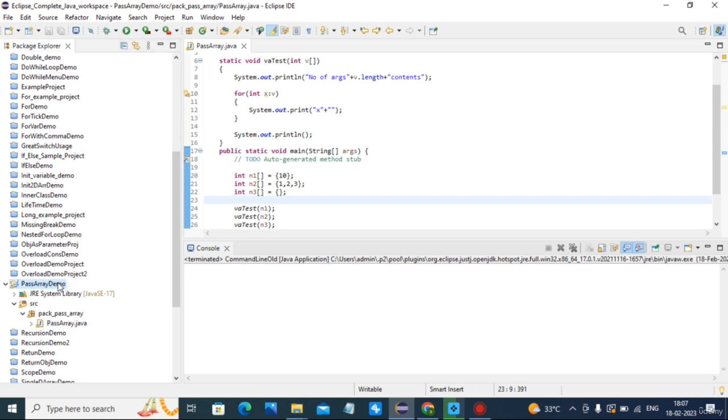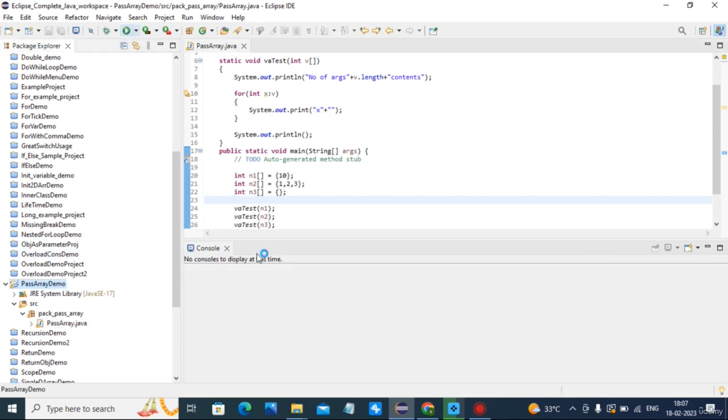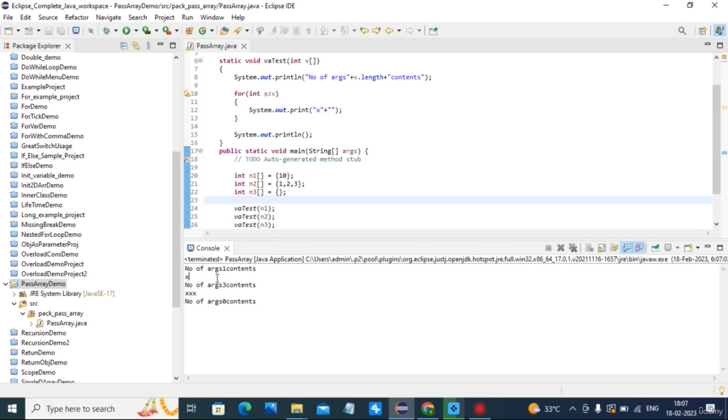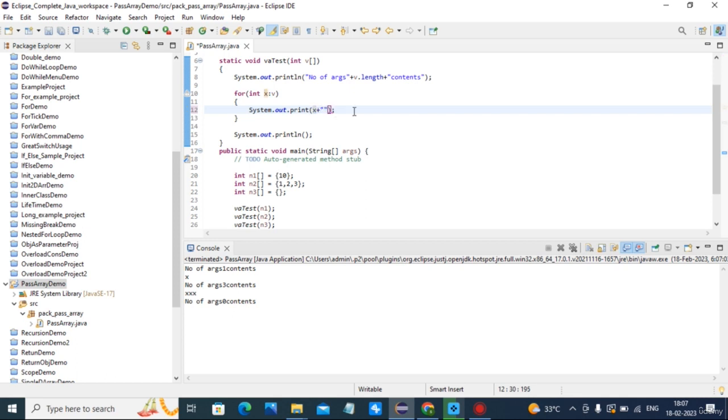So I run this. Number of arguments. Sorry, this is not a string. I run it. Number of arguments 1, contents 10. For 3, contents 1, 2, 3. Number of arguments 0 for the third array.